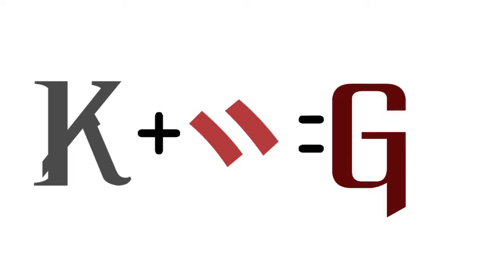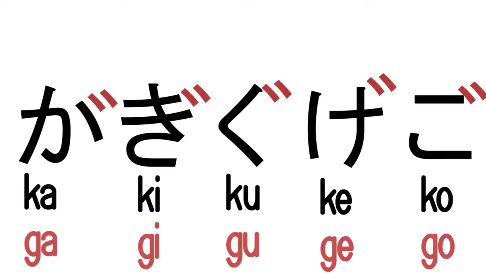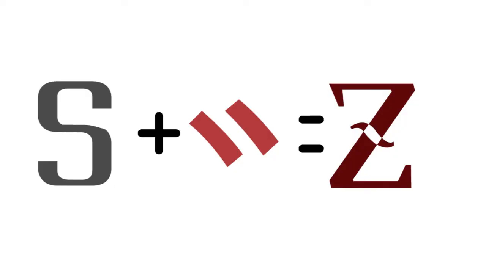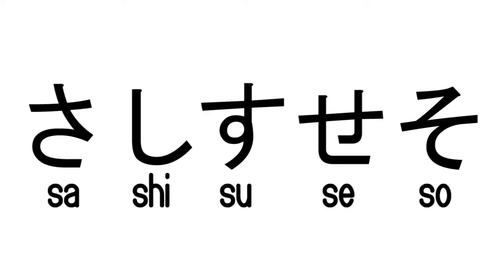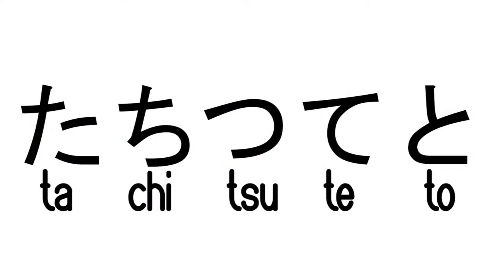First off, we have the K sounds, and with the ten-ten, K sounds become G sounds. To be more specific, ka, ki, ku, ke, ko become ga, gi, gu, ge, go. In the case of the S sounds, sa, su, se, so become za, zu, ze, zo. Of course, the one that has been skipped is shi, and that is because it does not become z, but instead becomes ji. Similarly with the T sounds becoming D sounds, and therefore ta, te, and to becoming da, de, and do,